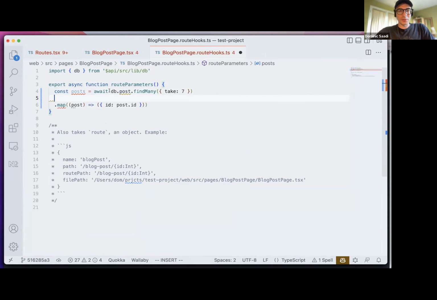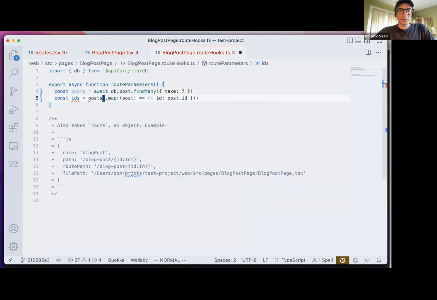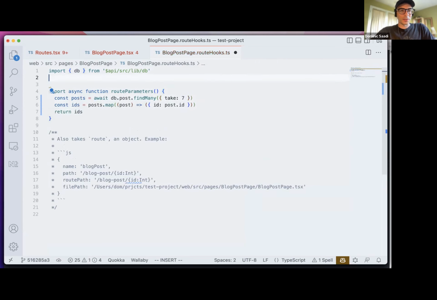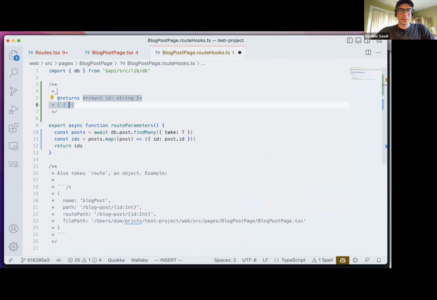So you just get posts from a Prisma call, and we're just getting the first 7 here, for example. And then we're going to map these posts to an IDs object and then return that. What that return looks like, I think in TypeScript, would look like this: an ID string, or it might be a number, but it's just an array of objects with an ID